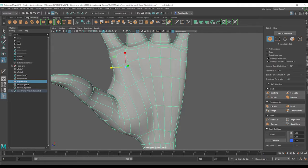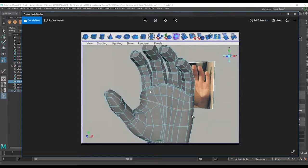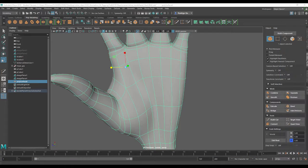And I've been looking at some references, trying to find a good reference for it. I found this one that sort of gives me an idea. It's not the ideal, perfect, but it works with the topology that I have. I just need to exaggerate this one a little bit more and bring these ones together so they can have a better chance, and also have this one probably have an extra edge there. So let's start by